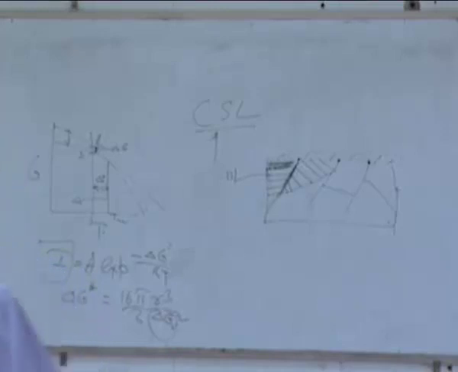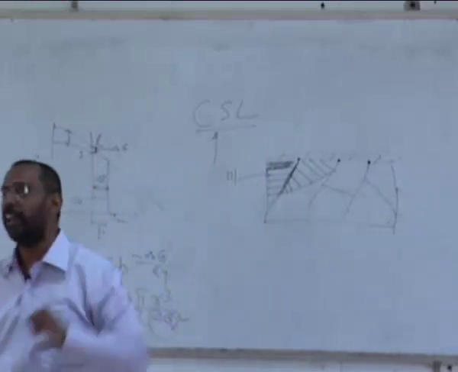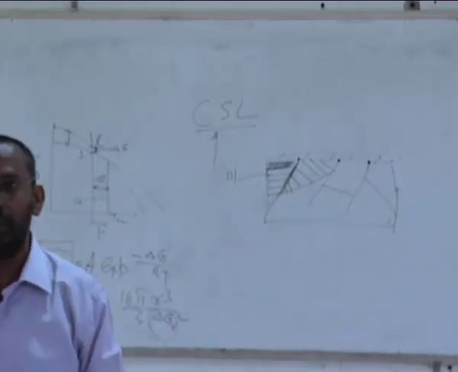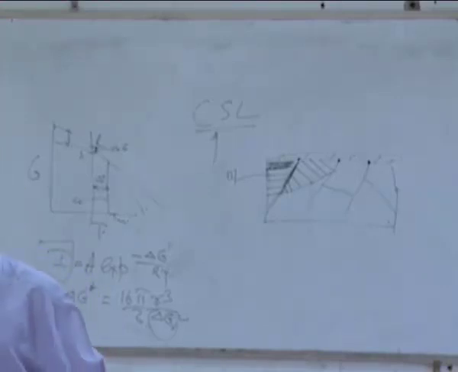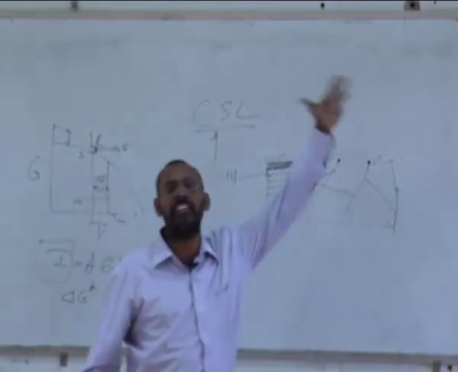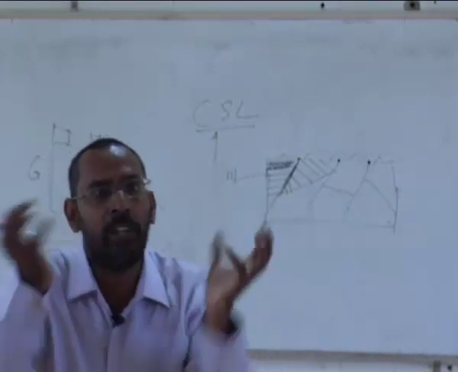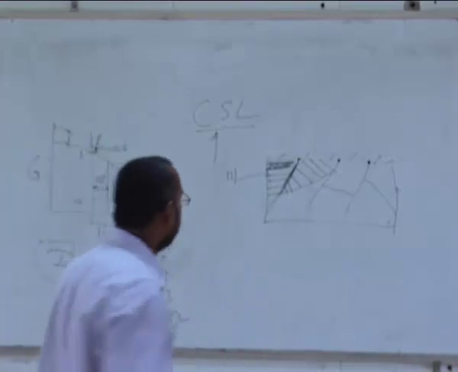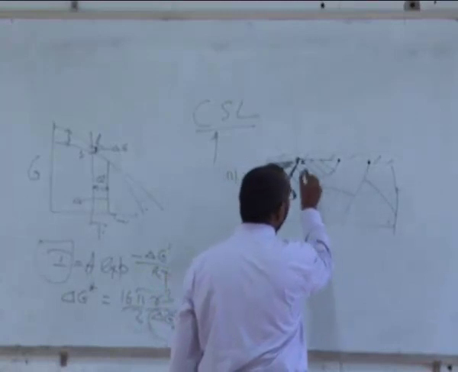Does grain boundary have a structure at all? Generally people assume that the grain boundary has a kind of randomness, which is not the same as that in the grain. In the grain, you think there is complete periodicity, and in the grain boundary you don't have that kind of periodicity. As a result, the atoms inside the grain boundary are at a high energy state, because they are not periodically arranged. And as a result, this region is at a high energy state when compared to this region.